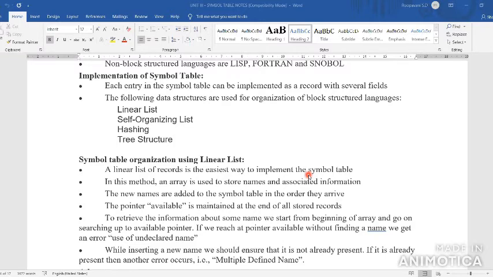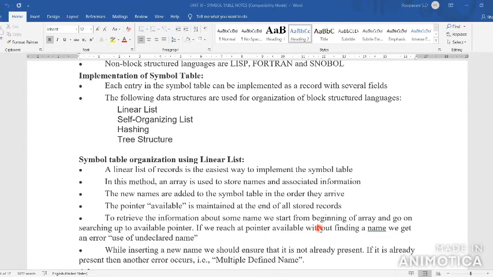It is a linear list of records, identified linearly. It is the easiest way to implement the symbol table.